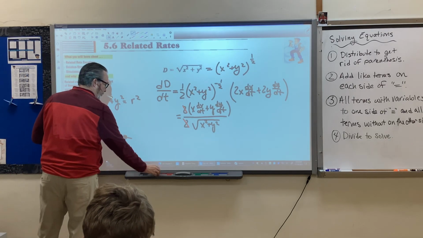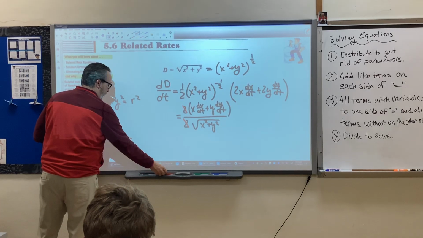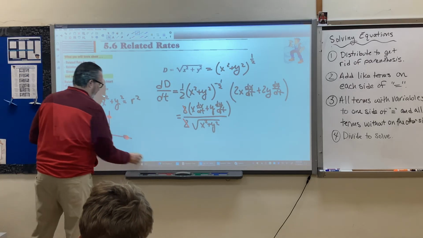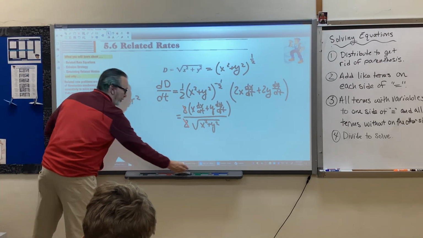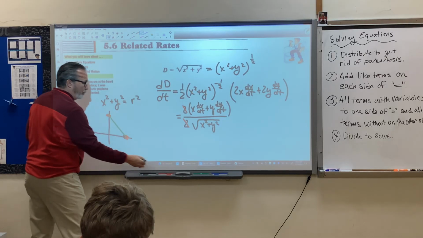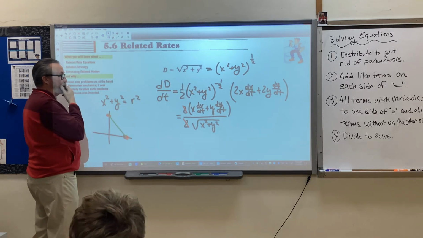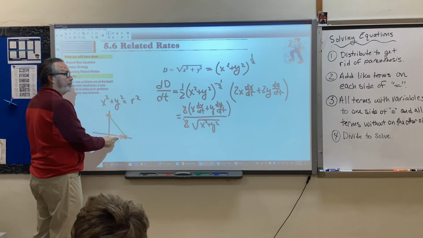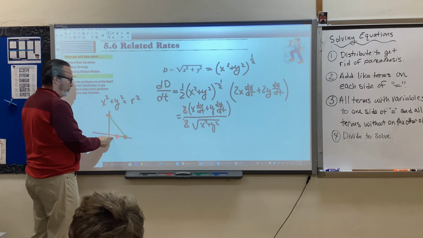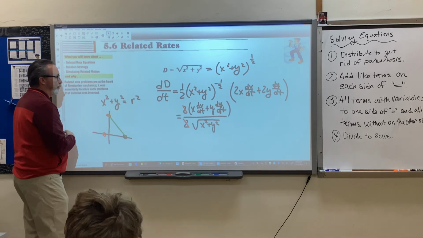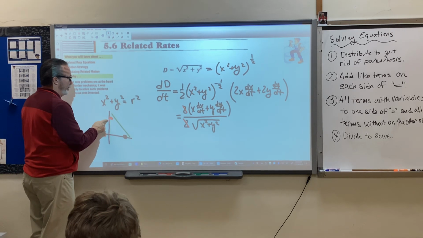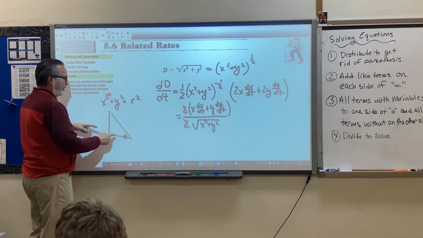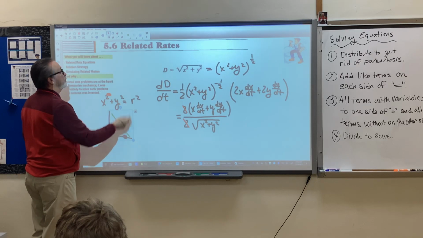x is changing, y is changing, right? And the hypotenuse is the distance between x and y. So if the rate of change of x is like -1 or 2 or something like that, 2 units per second, then this is always moving like that. And if the change in y is positive 2 units per second, this is always changing like that. And then the hypotenuse,